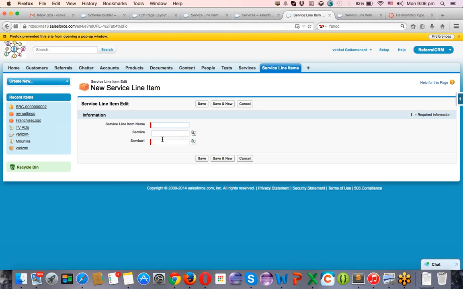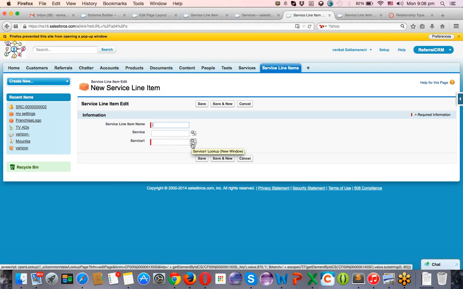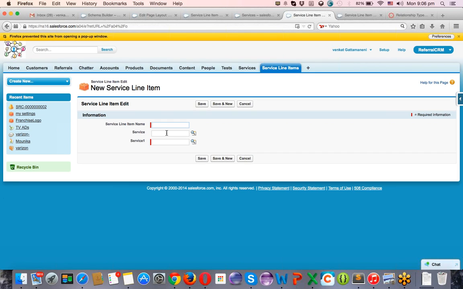That's a specialty. That is the reason each and every child object must have a parent object, must be linked to a parent object. That's the meaning of master detail relationship. Lookup relationship, sometimes they might not have a parent, sometimes they might have a parent. So they can have both scenarios, right? That's the reason it's not a required option. That's the special difference. Master detail is a tightly coupled one, and lookup is a loosely coupled one.